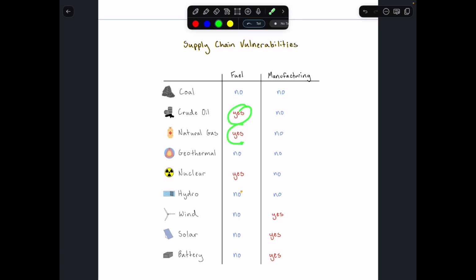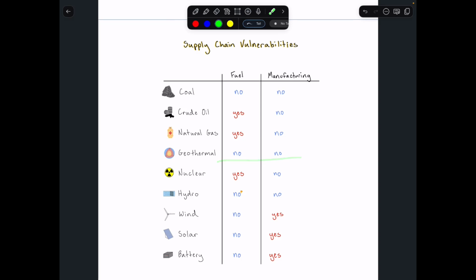But with crude oil and natural gas, since they're often fracked for together, they are typically imported and exported from a small set of countries throughout the world. There are really 10 countries that own most of the fuel supply chain for these two resources. So there are worries about price volatility because of these very concentrated supply chains. Geothermal does not have